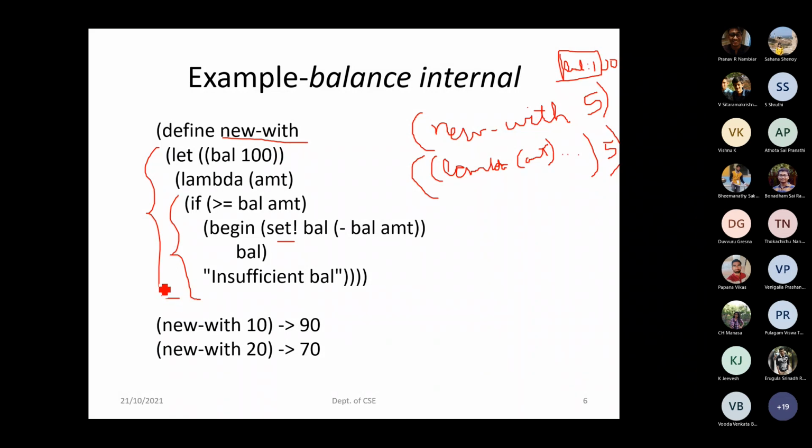No. Whenever we are using this let, it works like a local part, and on top of that we have used the set assignment operator also. So this balance is not a global variable. It will be allocated only once. It will directly start executing with the body of it. That is the highlight over here.